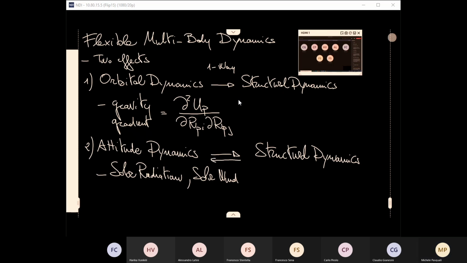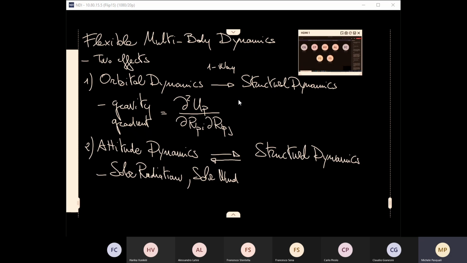Why? Because, for example, depending on the orientation that you have, of a satellite or whatever other spacecraft, depending on the orientation, the effect, for example, of heating. So solar radiation will cause an overheat of the structure. You have thermal heating because of radiation. And this radiation depends on the angle that exists between the solar rays and your surface, which is being heated.